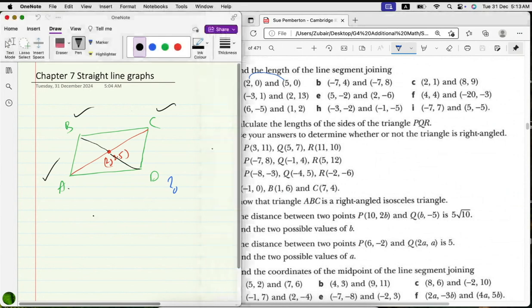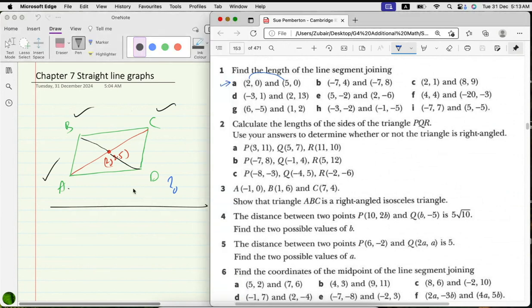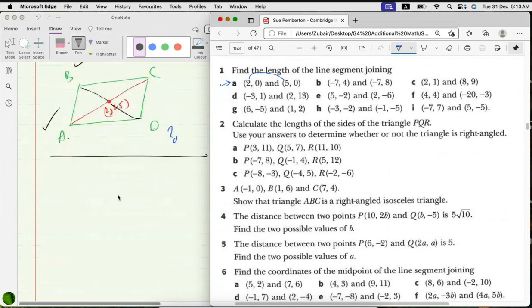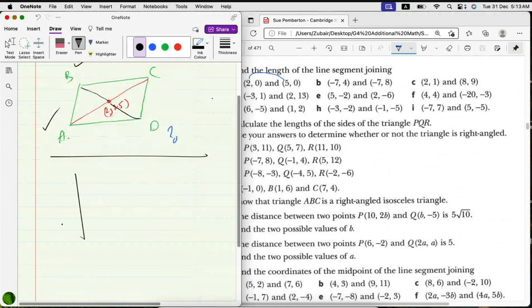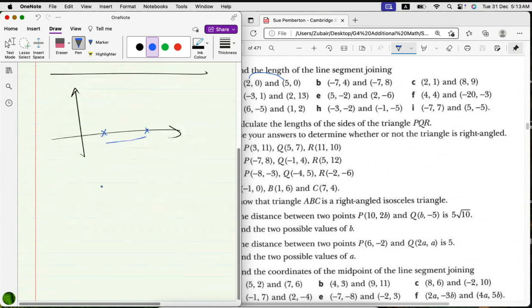So sometimes there's no change in y or there's no change in x. For example, in this case, this was x2, y0, and then it was x5, y0. Y is not changing, so simply the distance is the difference between those two x. For example,